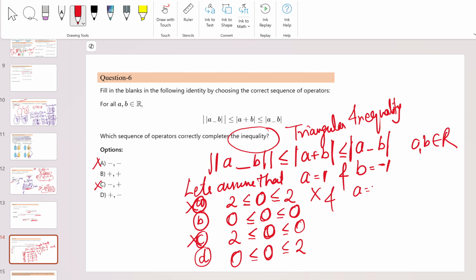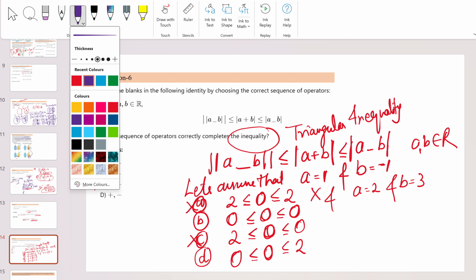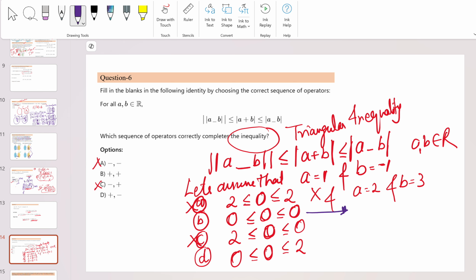Let's take a is equal to 2 and b is equal to 3. In the B option, when you take these values, it will simply become a plus b, that is 5, less than or equal to a plus b, that is equal to 5, less than or equal to, when you add here also it will become 5. Okay,